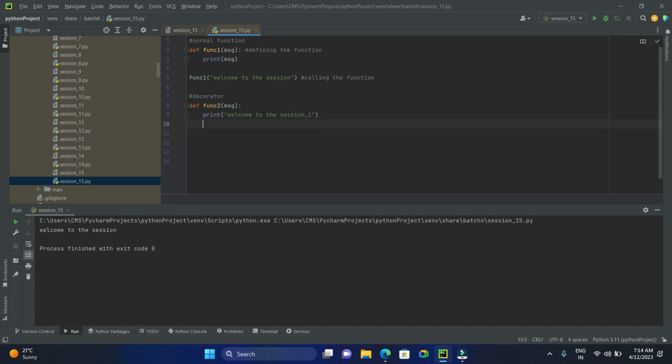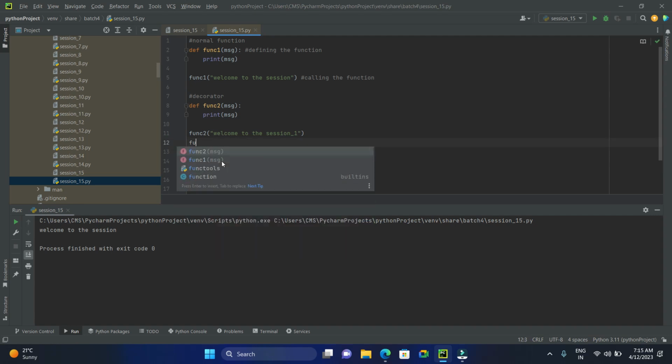How do I call the function? Just take the name of the function and give the value. Sorry, here you should take this value, and here you're going to call your message. I want to print that message. Here I'm passing the value. This is a normal function. Now I'll take another function, function 3 equals function 2, which means